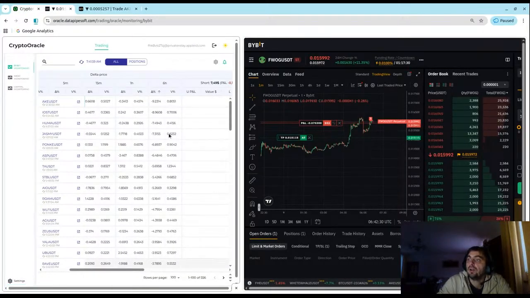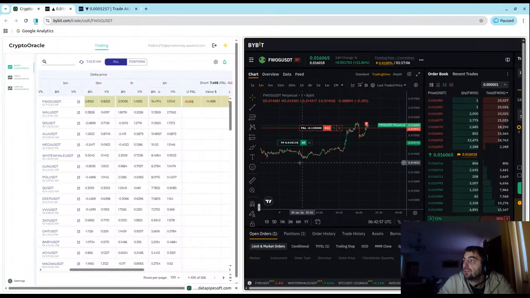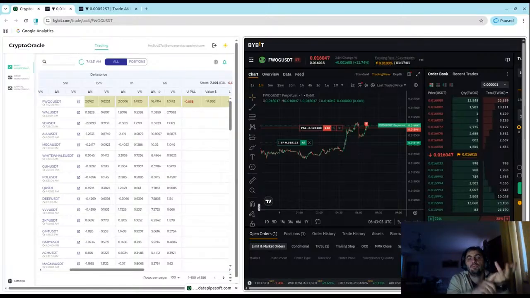When the drop is severe and when we have this painted stuff, then the application sends us an alert push notification in the mobile application. So when this thing is getting painted, we get the alert. Now I don't have to worry about waiting for anomalies. I don't spend my attention, and I just wait until the application signals me, and then I quickly open the chart and take a decision myself whether I trade or not. So that's one thing, the entry point, that's a relief. And the second one is the position itself.